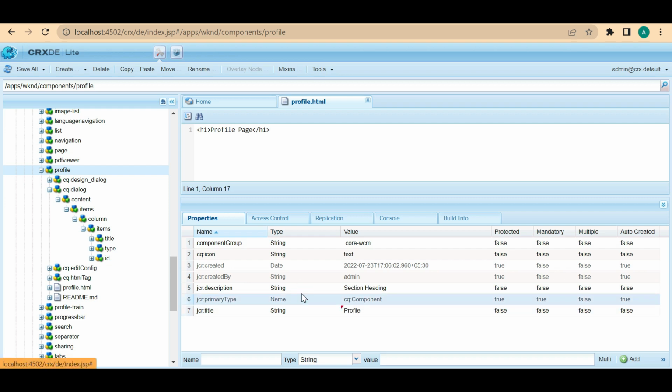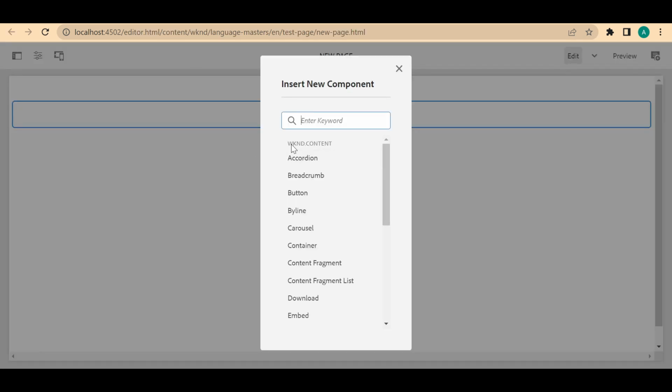Okay, so this is the first change I'll do. And the second change is this component group. Okay, so if we go back to here, this is the component group, weekend.content. All these things belong to this particular group. So if I want to show my new component also under this group, then I'll have to give the